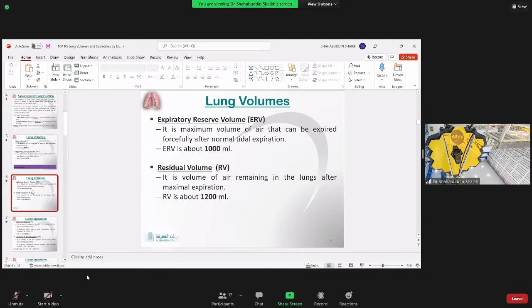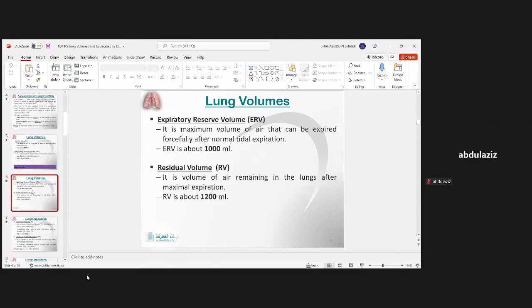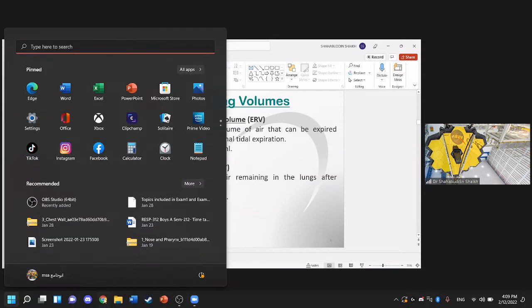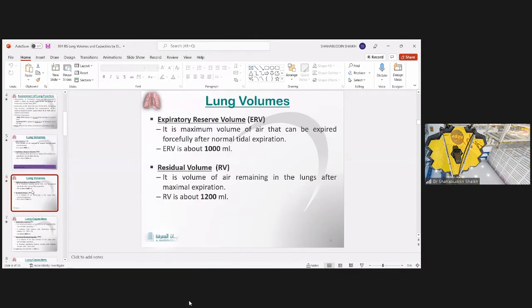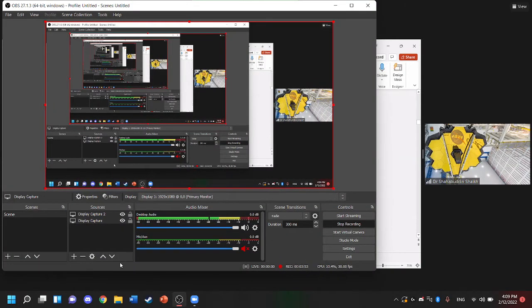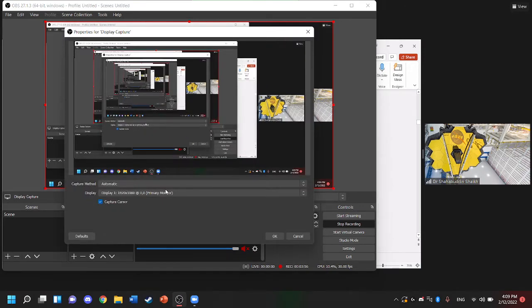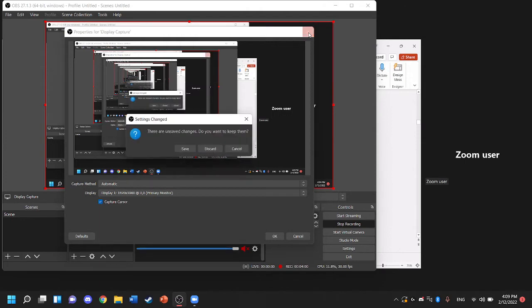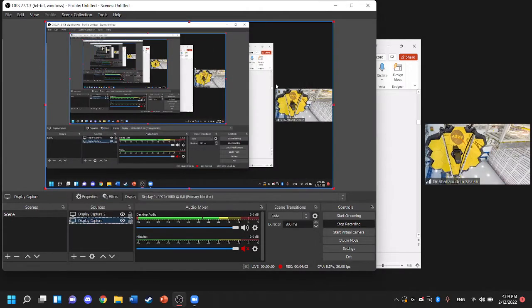Okay. Easy to remember, all of you? Yes, easy. A similar definition is there for another thing. I'll tell you the definition, tell me what it is. Volume of air remaining in the lung after normal expiration. Functional residual capacity. Very good. So remember this difference. Volume of air remaining in the lung after maximum expiration is residual volume. Volume of air remaining in the lung after normal expiration is functional